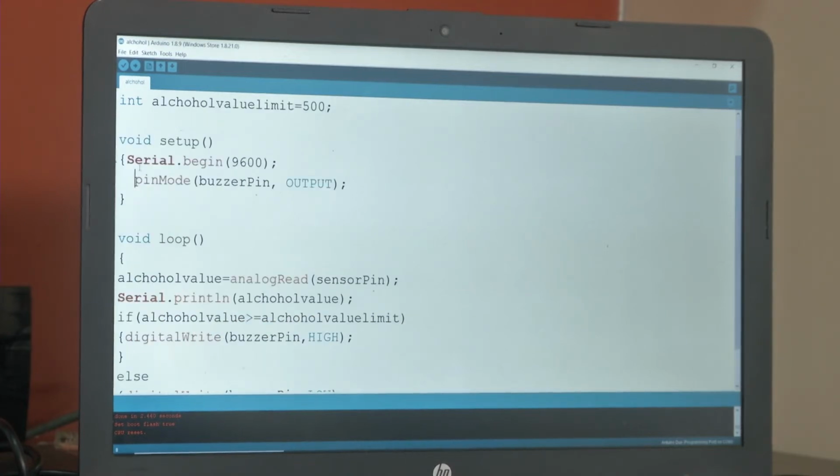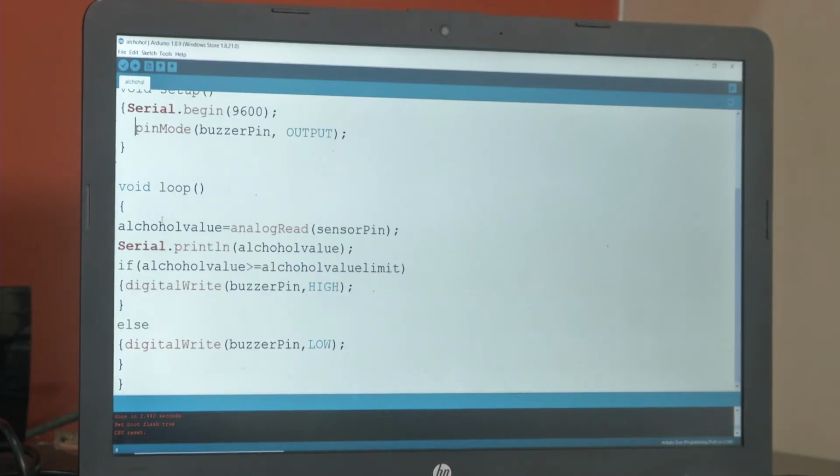Now to just see the analog value, I have used the serial communication also here, and I have defined the buzzer pin as output. I already told you in the previous sessions that the analog pin need not be defined as input, so I haven't put that here. Inside the void loop, I have set alcohol value equal to analog read of sensor pin.